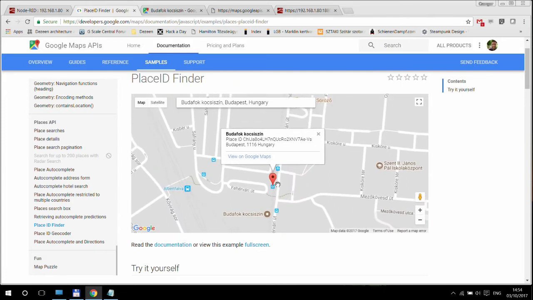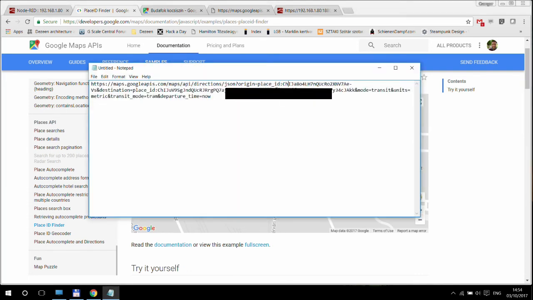Okay, so that's my tram stop, and you probably noticed that in Google Maps you actually have 2 stops, one for each direction. What I have found out is that they are actually the same place in terms of the place ID. So I know that this is the stop which goes into the city, but it shows me this one, but actually they are the same. So they work exactly the same. So you center on this one, and it shows you the place ID. So you copy this place ID, and that's what you put into your